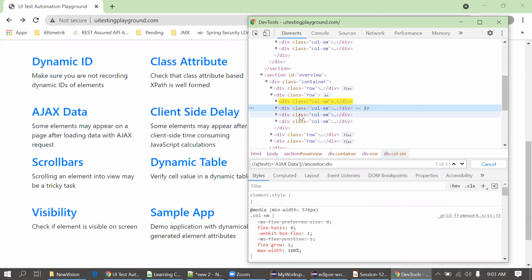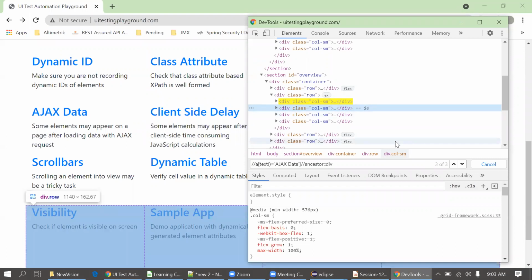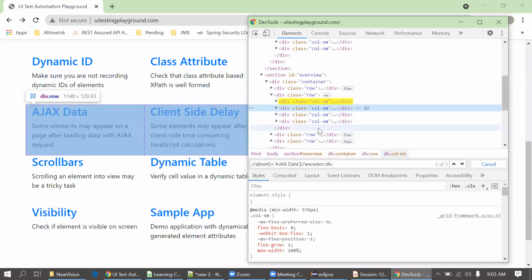You can go ahead with any site and try to write an XPath. If you are not able to write the XPath, let me know, we will try to resolve that issue. Any questions, guys? Or else I can go ahead with the framework development part.